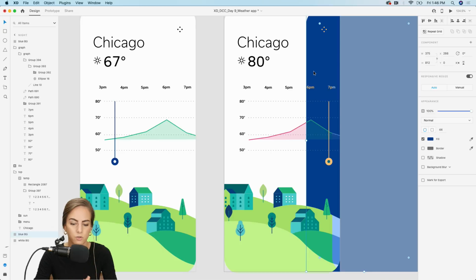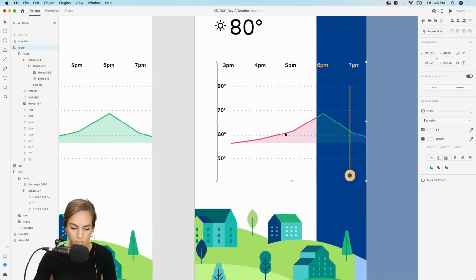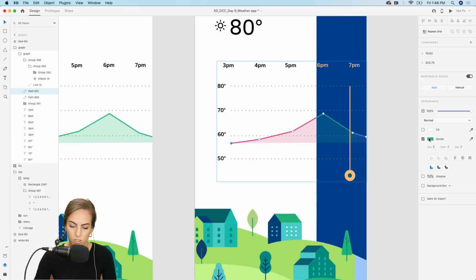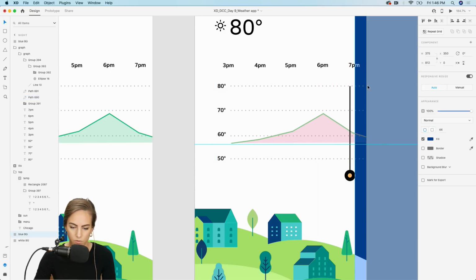And since we have a few blending mode layers, we just need to click into our graph and change this. So this is green. I just kind of want to match the same color, make it a little darker, and then same with this one. Drag these over a bit.